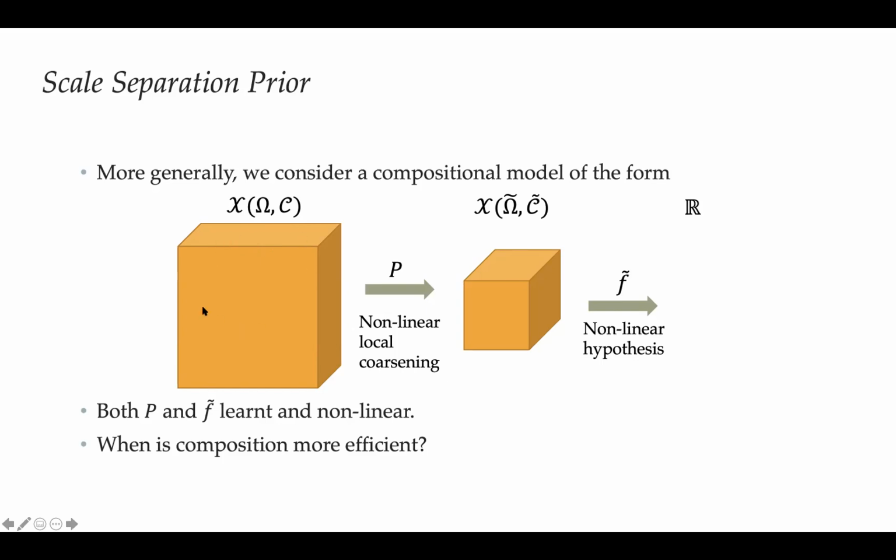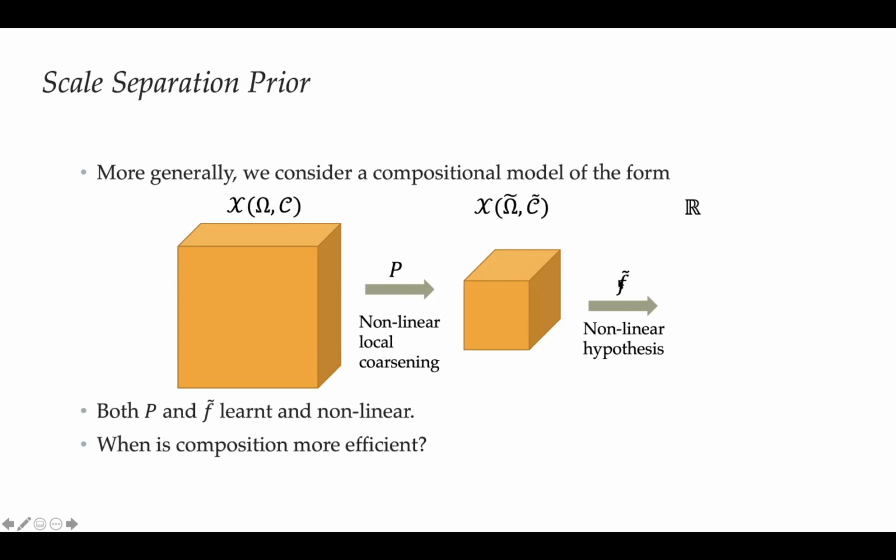So we take as the input again a signal that maps a certain input grid with a certain number of channels. Think about input C as, let's say, the RGB channels. And so here what we think is that we can try to approximate our function f star as a composition of two operators. One that is applying some kind of nonlinear local coarsening, something akin to extracting the coarse scales, but with a bit more structure, a bit more capacity to approximate more complicated things than just a linear coarsening,